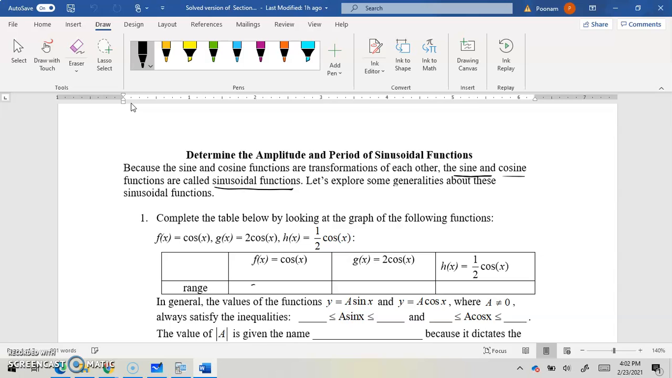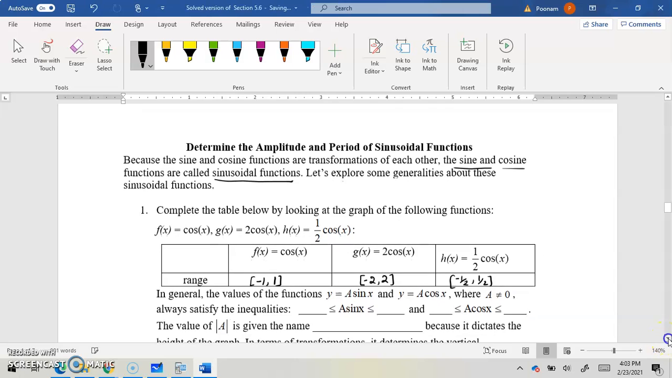What is the range? We know that the maximum value is 1 and the lowest value is -1. So the range is -1 to 1. If it is 2 cos x, that means it's double. That means it is vertically extended, and the range would be -2 to 2. If it is half cos x, it will be vertically compressed, with the range between -half to